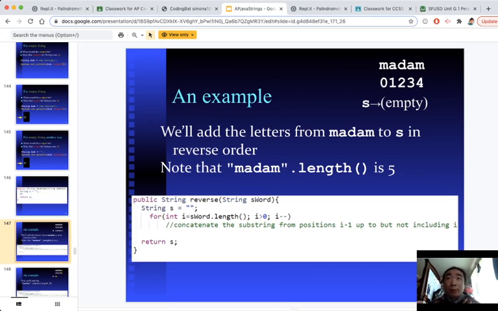However, with this loop, our starting, stopping, and increments are a little bit different. We've got to go backwards. So we will start at the end. So i is initialized to be the length. In this case,